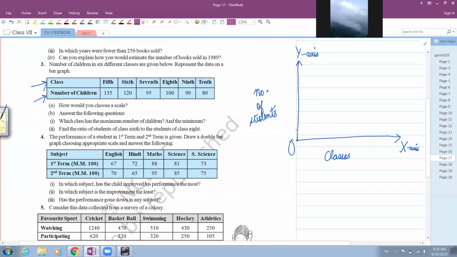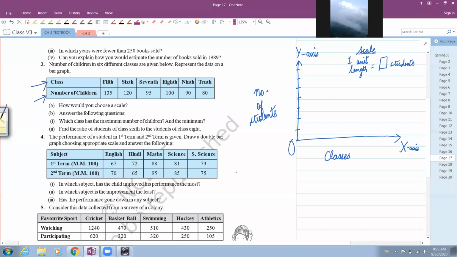After this, you divide your vertical axis into equal parts. We put marks at equal distances, and then we choose a scale to show the counting. For scale, we will write down 1 unit length equals to some number. How many students do you want to show here on the y-axis? So look at your counting given in the question. If you just look at these numbers given here, then you can decide which will be the suitable number.